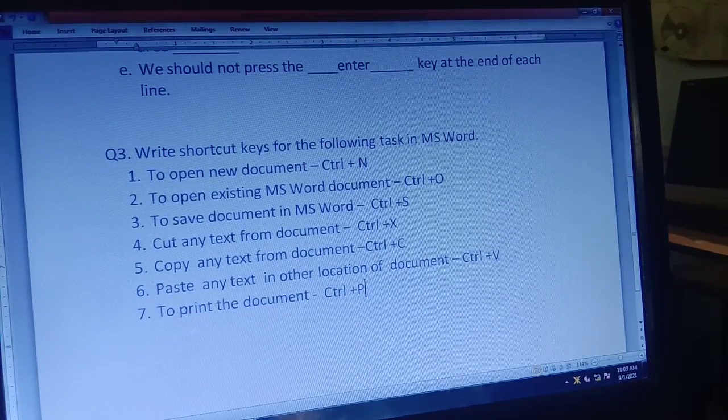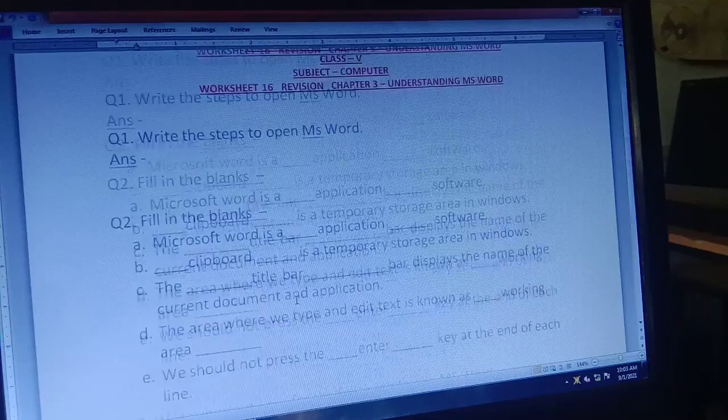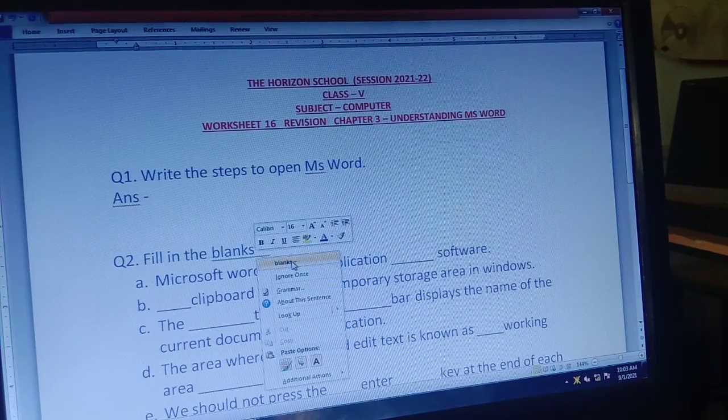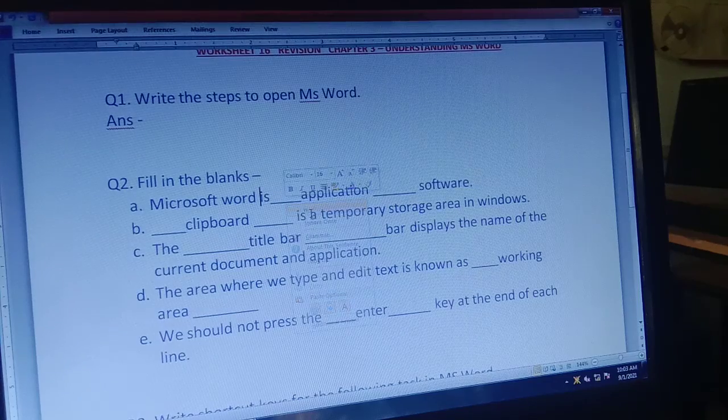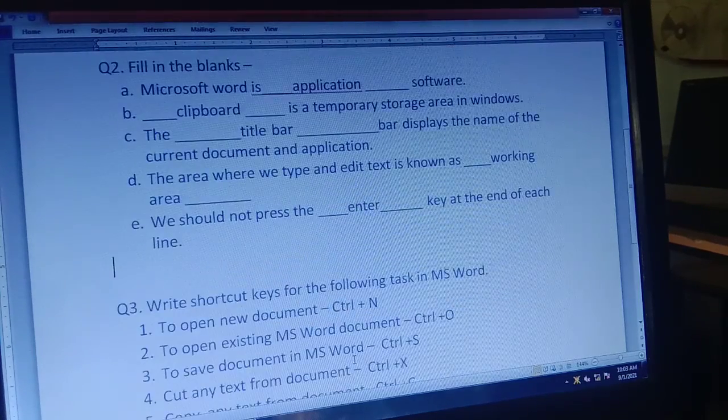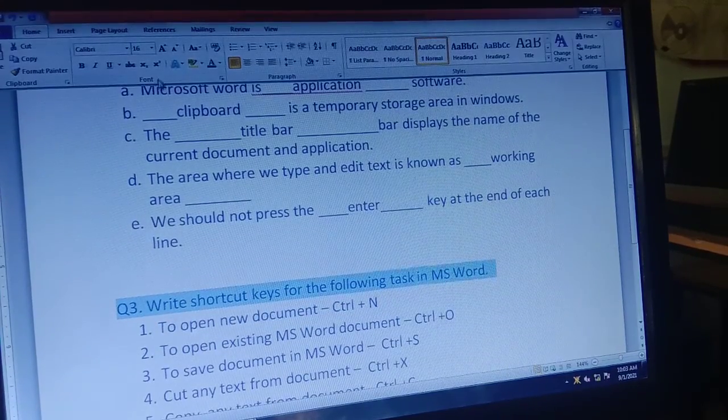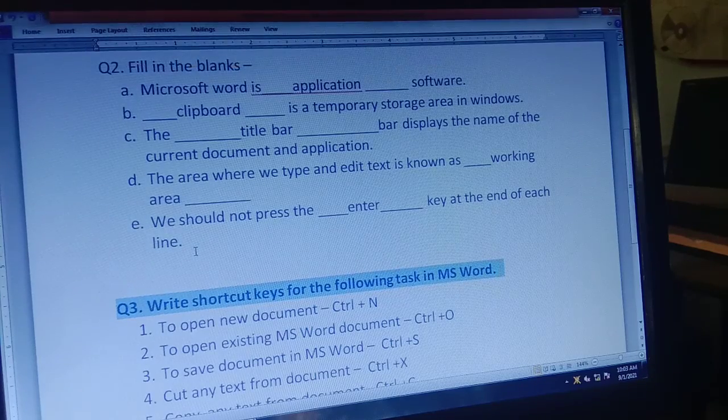Okay, so this is how we have learned so many things in this chapter. So this is your Word document already. You can color your document, you can color your text also, right? You can bold, italic. For example, I want to bold this heading, so I will go to Home, and in the Font group I can bold it.